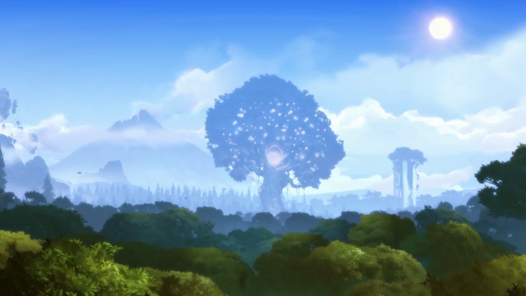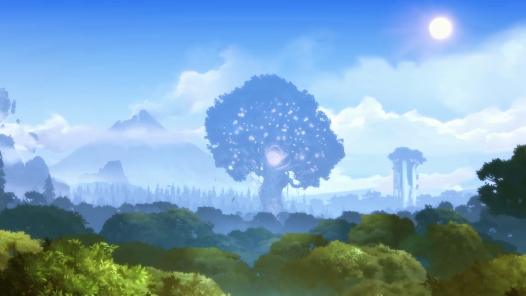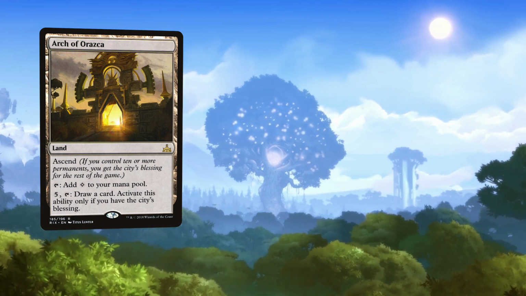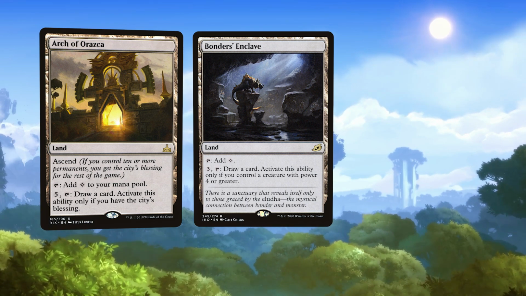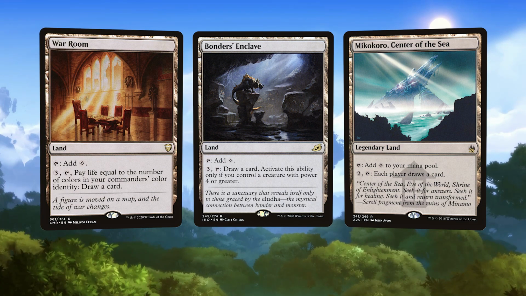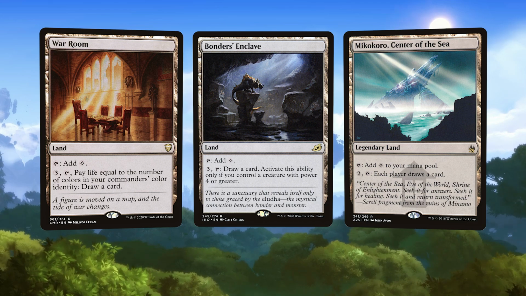Now for card draw, I already mentioned that we had lands that tap to let us draw cards. There's a lot of them, and they all have their own unique conditions to draw cards. Arch of Orazca requires that we ascend to the city's blessing with 10 or more permanents under our control. Bonders' Enclave requires that we have a big creature in play with 4 power or more. Mikokoro draws cards for our opponents. War Room costs us life. Some of these are worse than others, but they're mostly all online and functional once we have Kodama and Sakashima